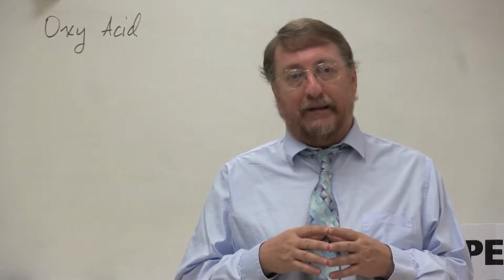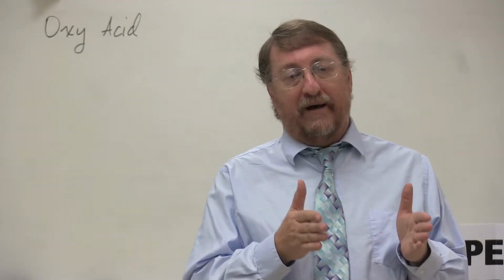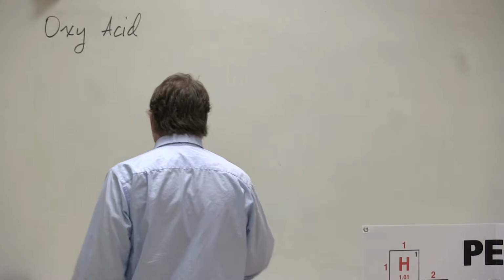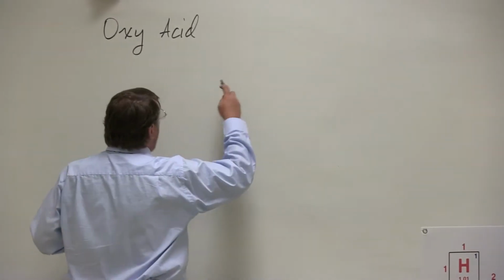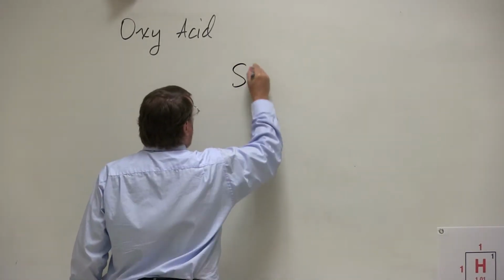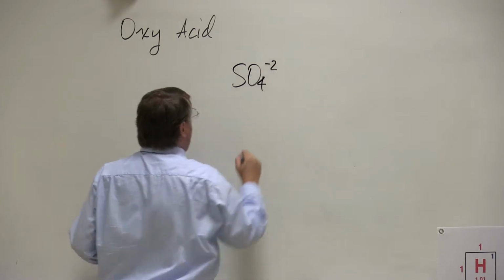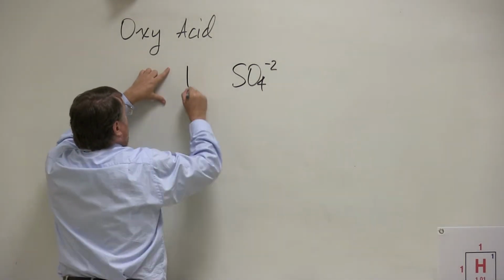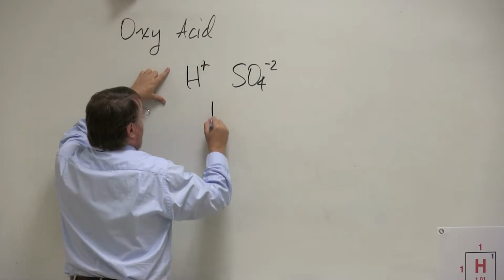Most of our polyatomic ions contain oxygen. The ones that do will have an acid, and that acid we're going to name using specific rules. So let's think about those rules. If I have sulfate, which is SO4 -2, it can make an acid. That acid, since hydrogen is +1, is going to be